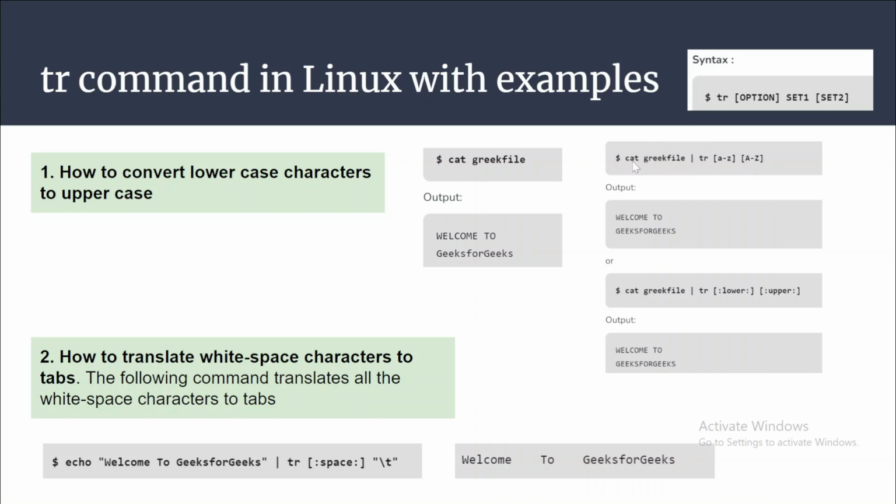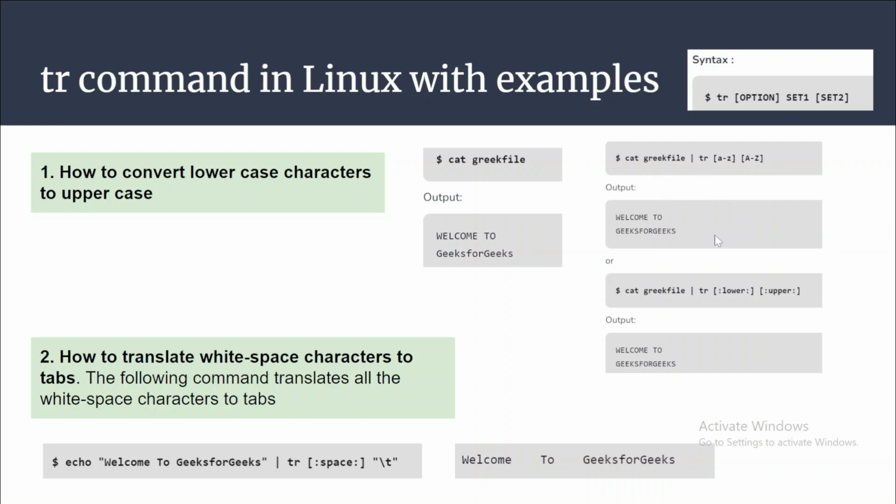So what it is doing, this truncation is happening within this particular thing. Welcome to is there, and we are saying set1, all the lowercase from a to z, should be replaced with all the uppercase from a to z. So the second line having lowercase is replaced with uppercase, and then we are printing the file content. So we are combining two commands together with a pipe.